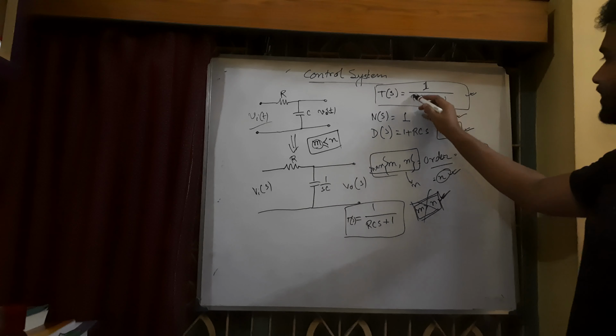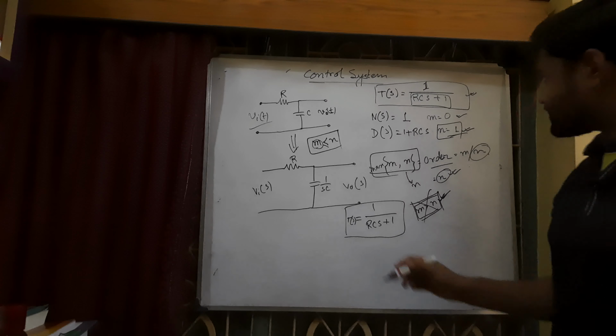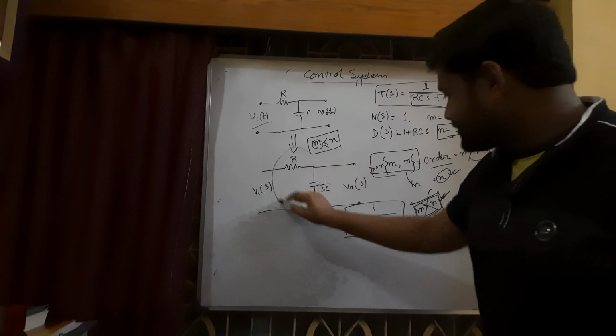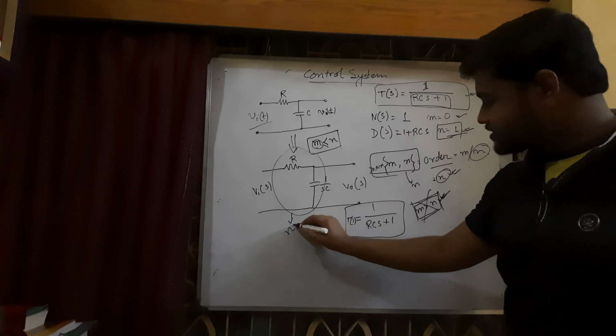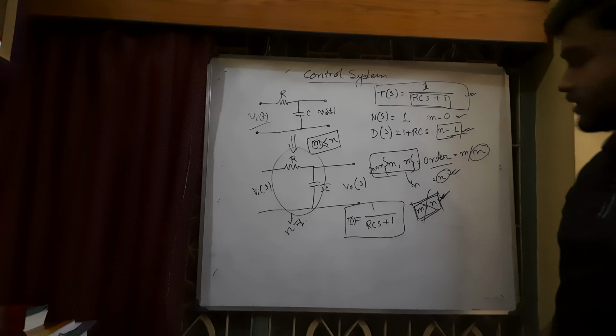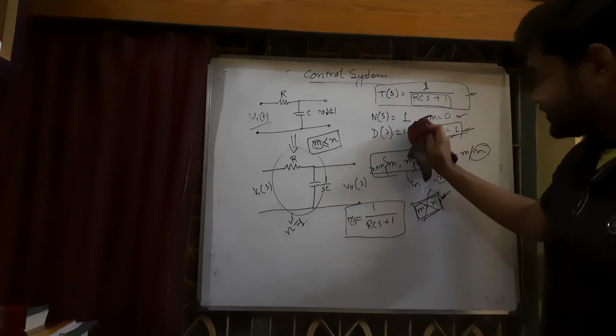So the order of the denominator polynomial itself is the order of the system. So what is the order of the system? In this system the order is n, that means 1. This is the first point, this is the first observation from this circuit. Okay,